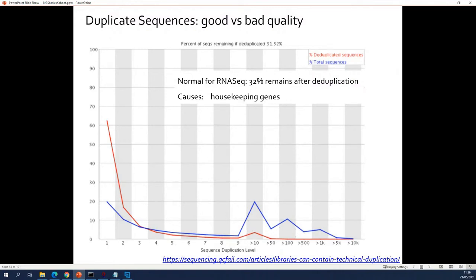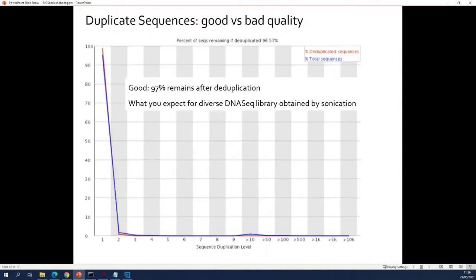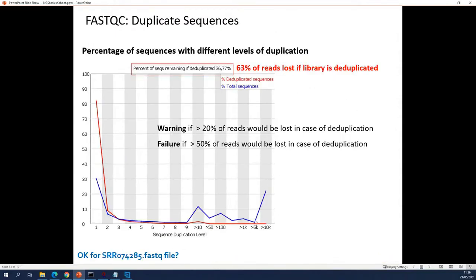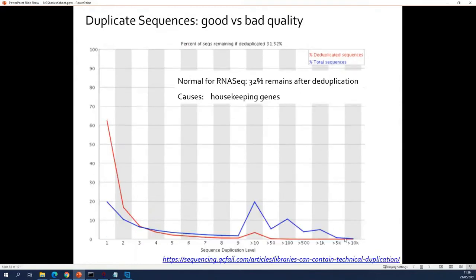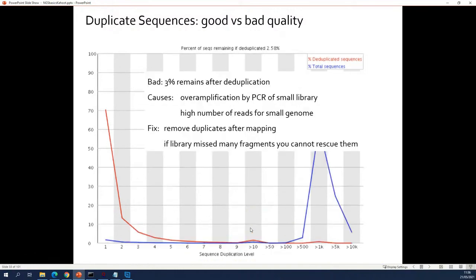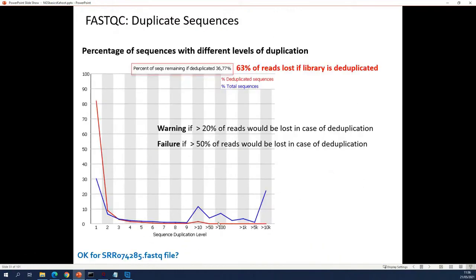What do you have to look at when you have RNA-seq data? You do have to look here at this. At the utmost right of your plot, do you see something like this? As you can see here in this example, you don't. You just see housekeeping genes. Here you do. So these are the housekeeping genes, but this is very often something else. What is this? Well, typically when you see at the utmost right of the plot a very high blue and a very low red line, it points to contamination of your library, both for RNA-seq and DNA-seq and ChIP-seq samples.